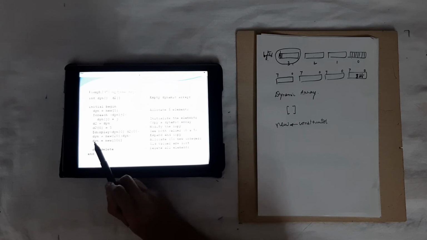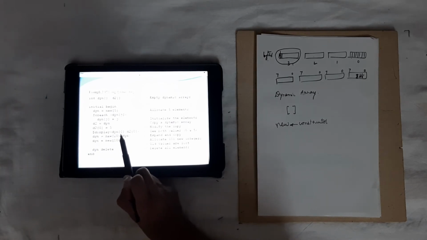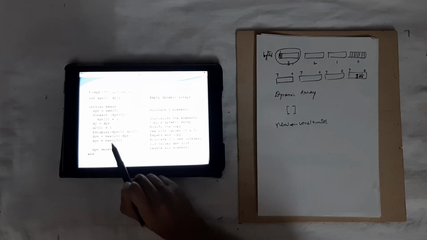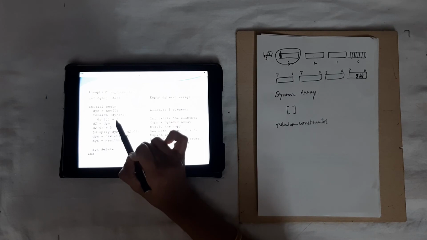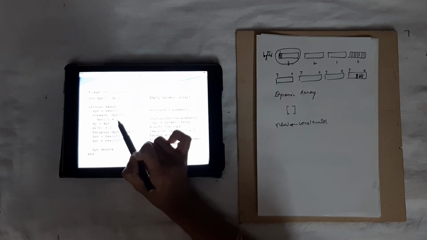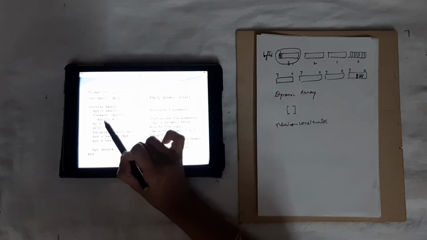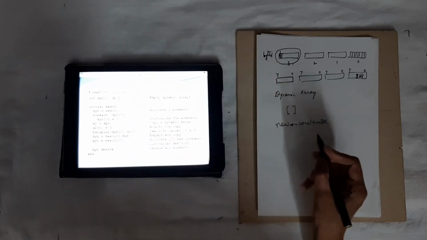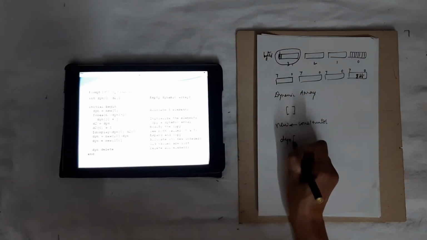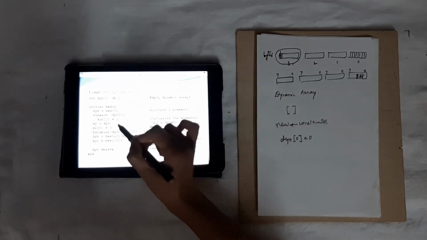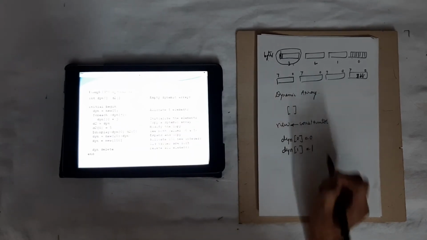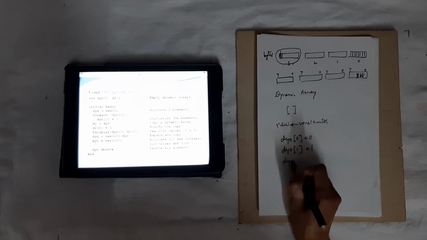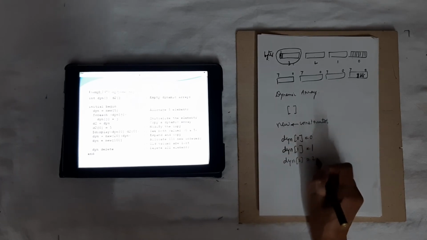Next we have to check $display. We are displaying dyn of 0 and d2 of 0. What is dyn of 0? As it was here, all the j values are assigned to dyn. So dyn of 0 will be 0 because j will be 0. Similarly dyn of 1 is 1, dyn of 2 is 2, and so on.